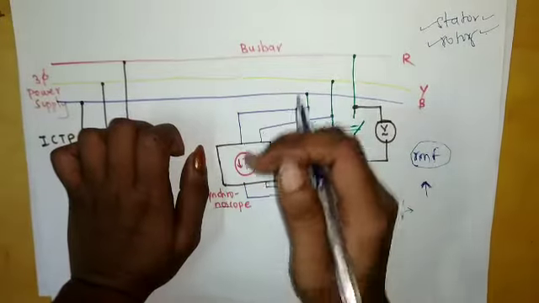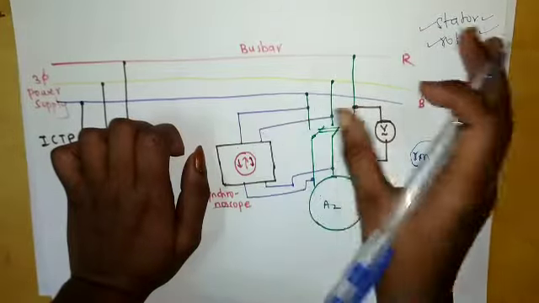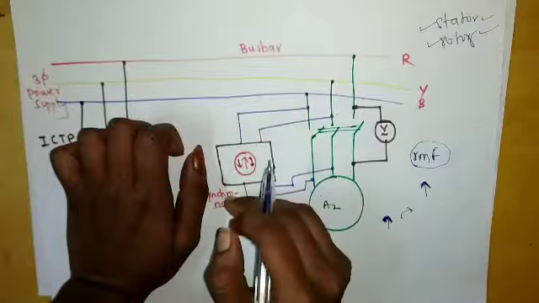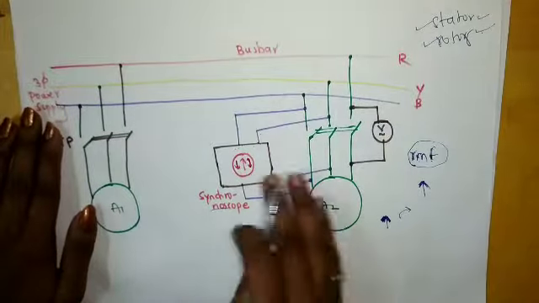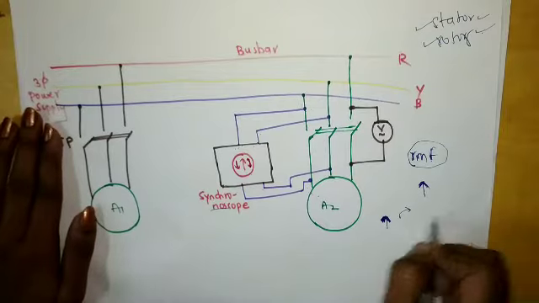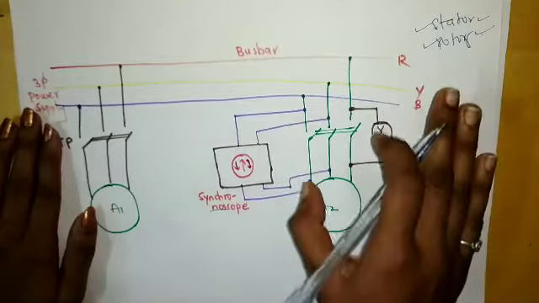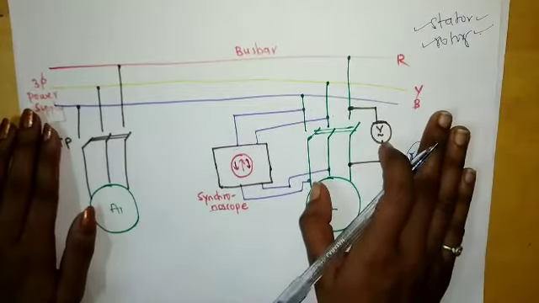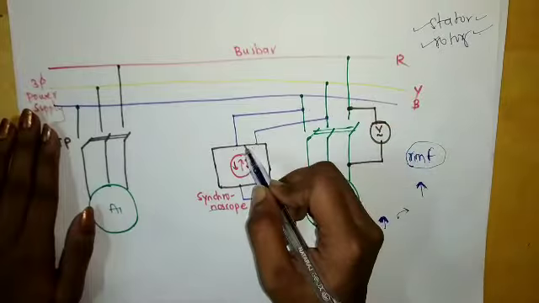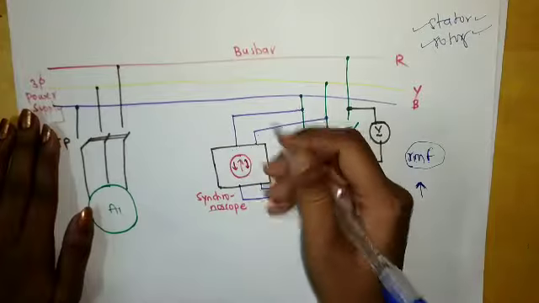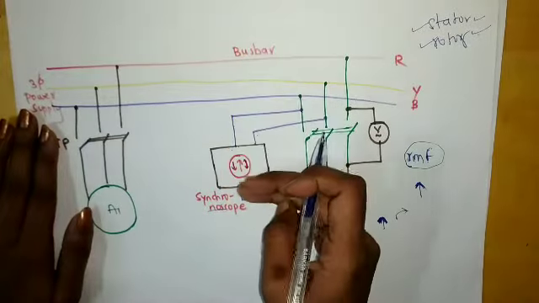And if there is a difference between the stator and rotor magnetic fields in magnitude, then depending on that difference, our synchronoscope will indicate slow or fast. So this is the synchronoscope method. The indicator will show slow or fast depending on the difference between the magnetic field created by the stator part and the rotor part.